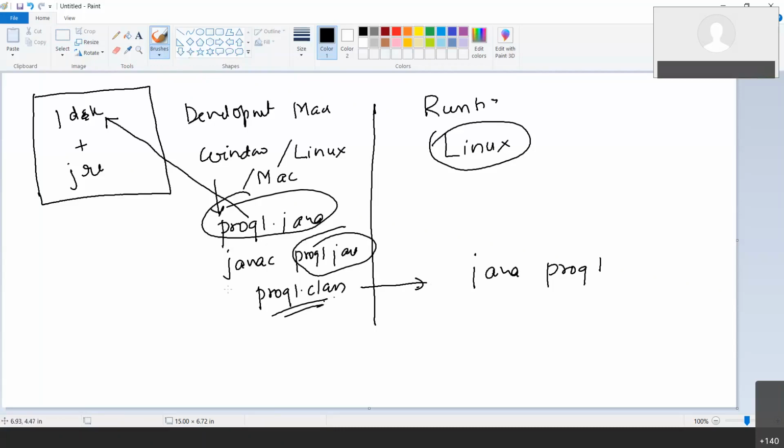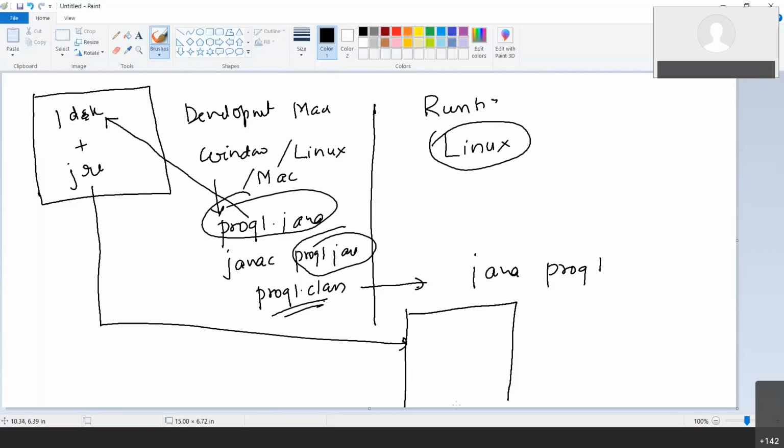Now when you have to run it, this will create something called a JVM. We call it a virtual machine. Why virtual? Because it doesn't exist. It is software which is now behaving as a machine. In this JVM, your program will execute. So who is creating all this? It is the JRE which is creating it. So in short,